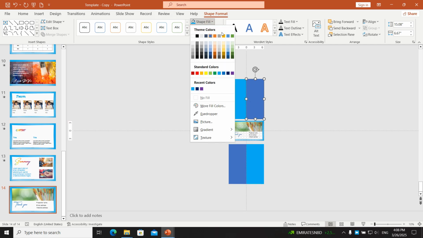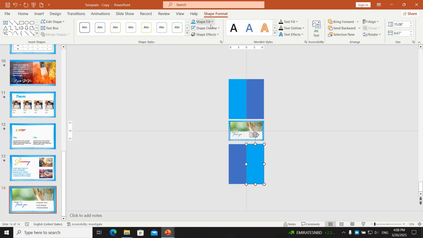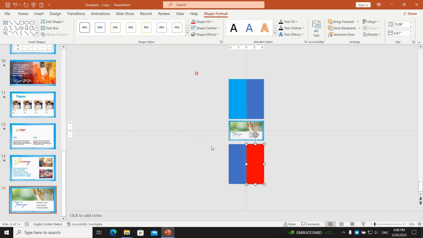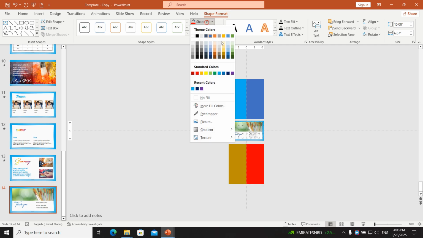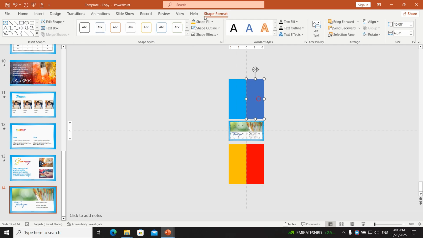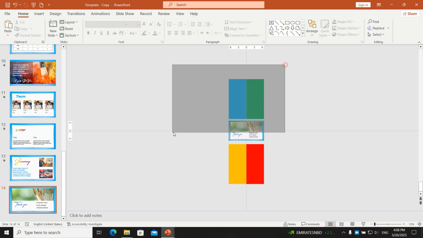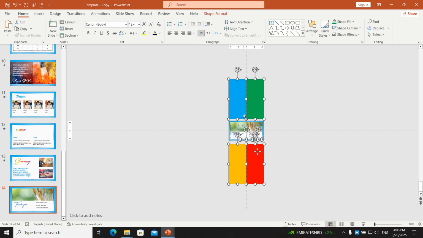And also, they must be different colors for your work to be done. I'm going with red here and I'm going with yellow here. This is not yellow, some kind of orange. Then with green here. Now I just press Ctrl to copy these things